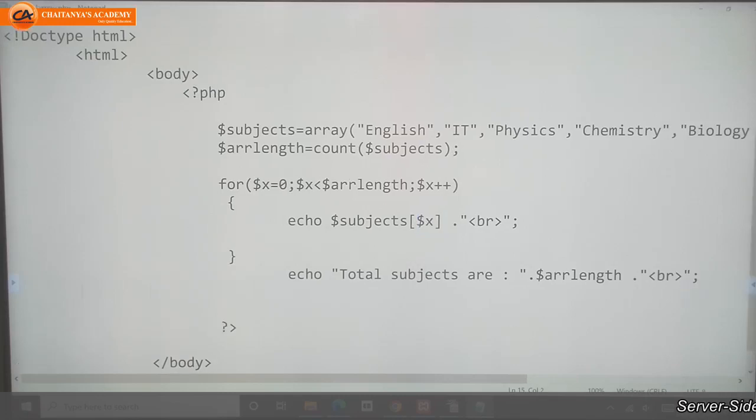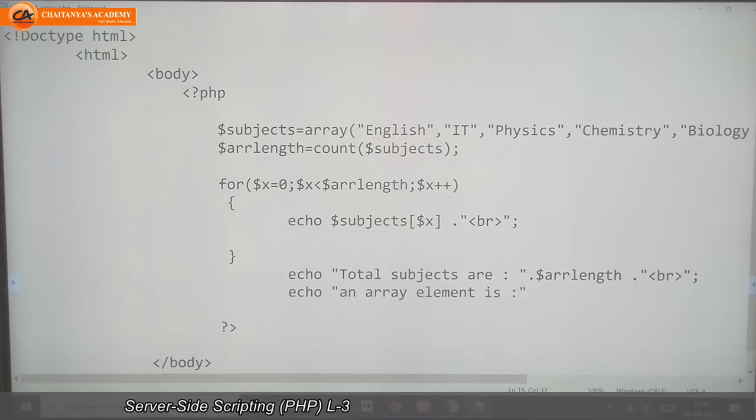See, we will write echo an array element is $name of array variable student into square bracket, which element you want. If you want the first element, you need to write 0.